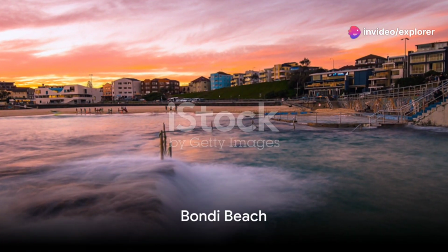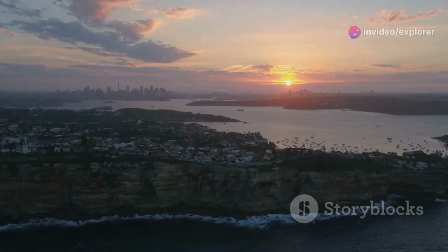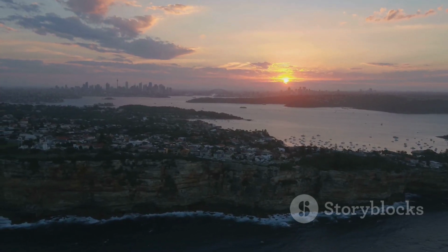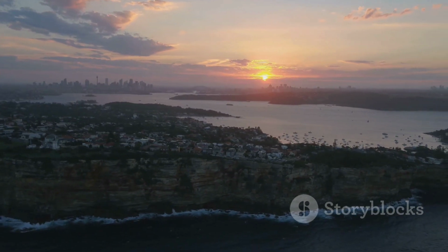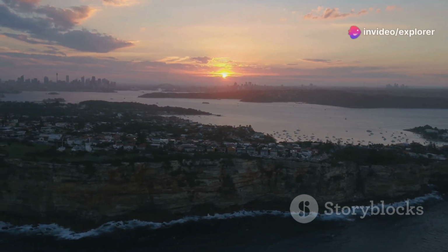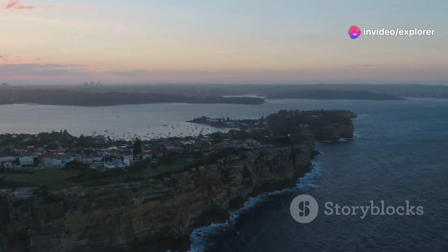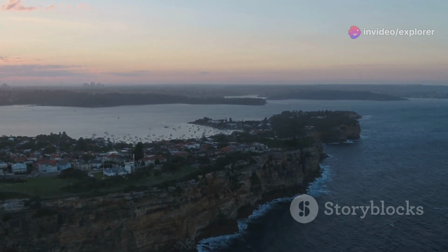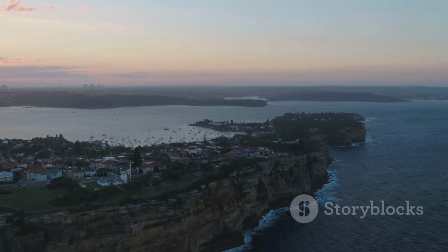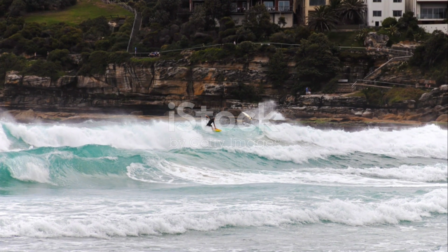Next, we head over to the world-famous Bondi Beach, a place where the sun kisses the sea. Bondi Beach is the epitome of Australia's vibrant beach culture. It's not just a beach, but a lifestyle, a spirit, a tropical paradise in the heart of a bustling city. With its golden sands stretching over a kilometer, it provides a perfect canvas for sunbathing, building sandcastles, or simply lazing